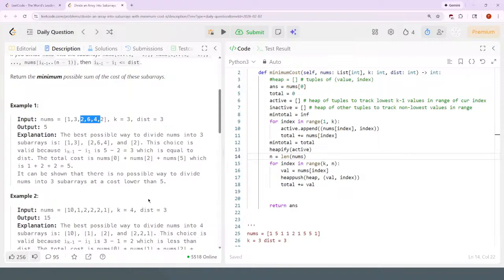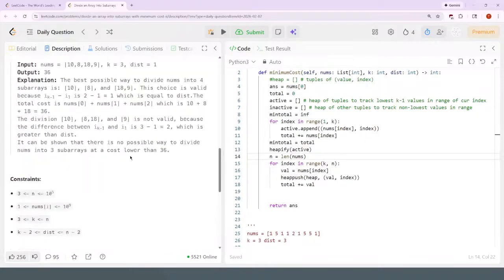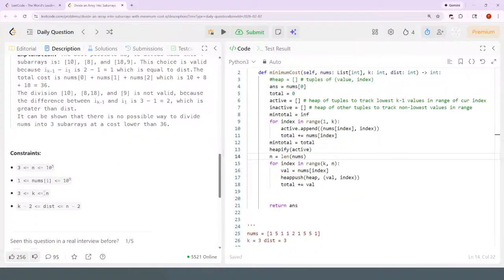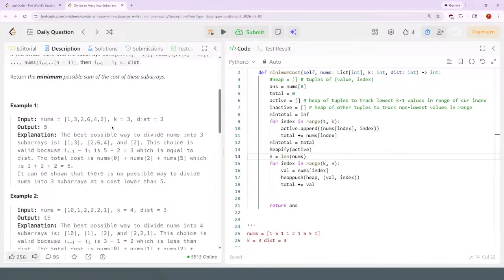That works. Yeah. The heap's too big here. If I do sliding window,